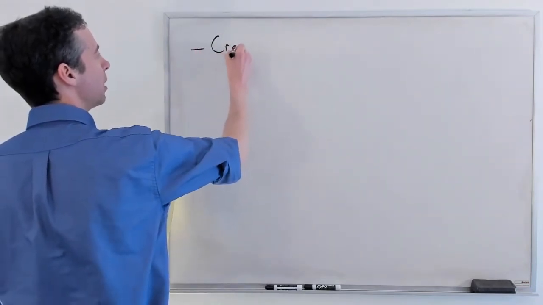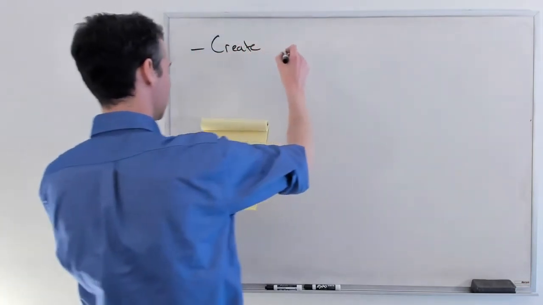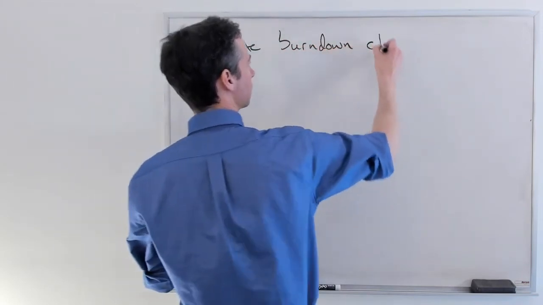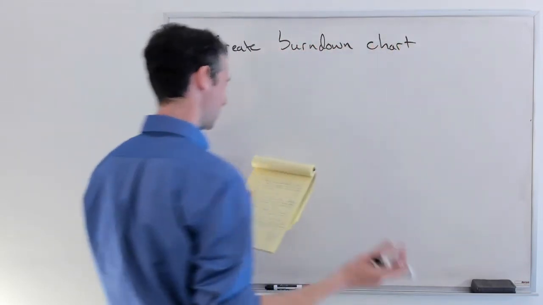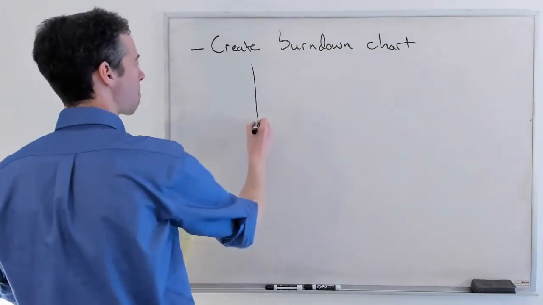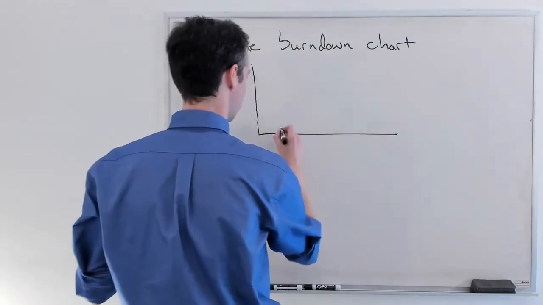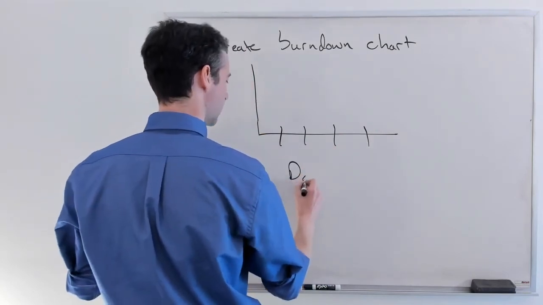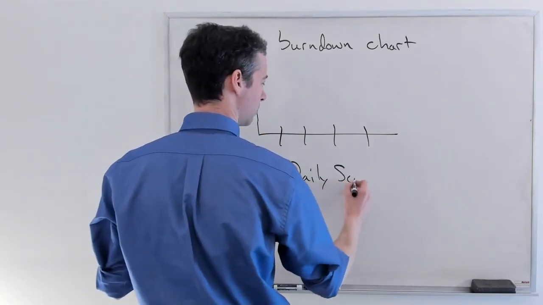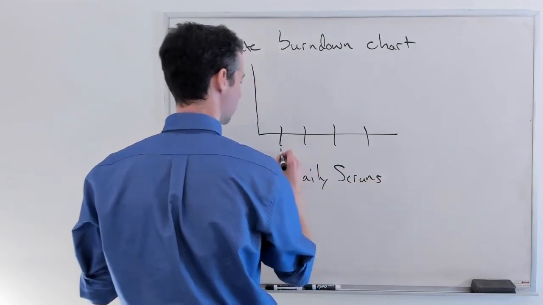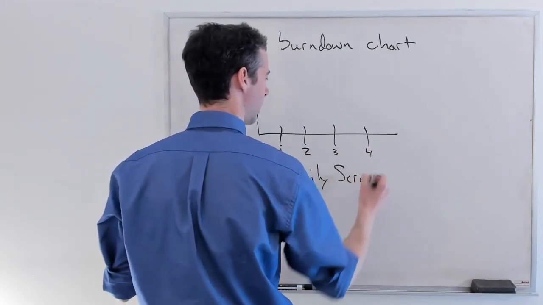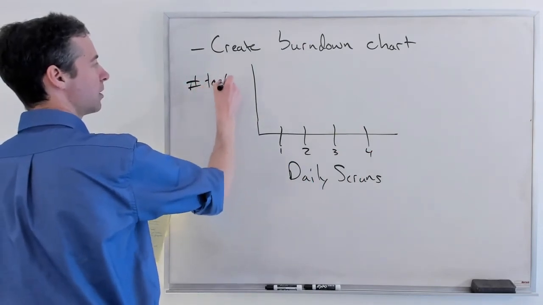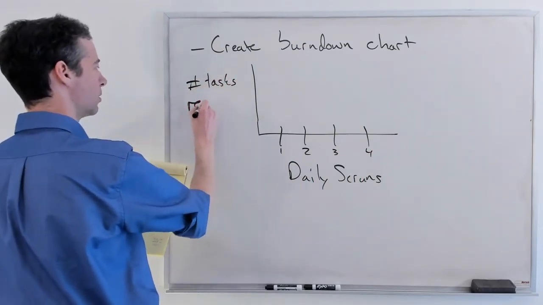We're going to track progress with burn down charts. So you'll do this at the end of the sprint planning. So burn down charts are simple. What we do here, these are our daily Scrum. These are the meetings that you hold to update on the status. And we track progress then in the number of tasks remaining to do.